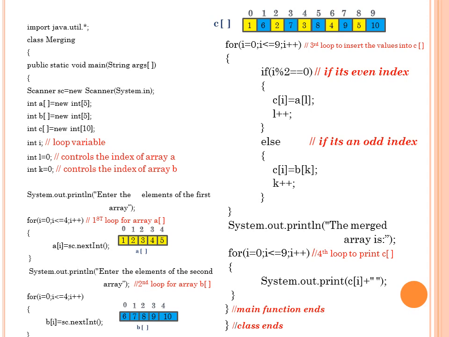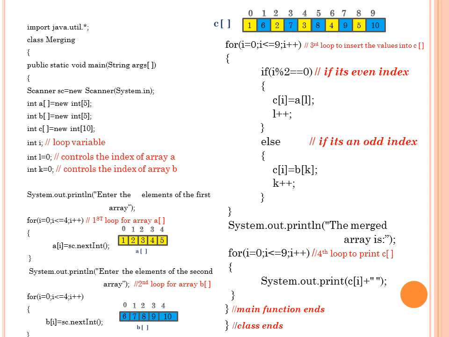of L. And since initially the value of L equals to 0, A of 0, that is the first value of A, will be inserted in the first index of C, and L increments and becomes 1. Now the loop goes up and increments and the value of I becomes 1. So 1 is less than 9, the condition is satisfied, it goes inside the loop, it encounters the if statement again, 1 modulus 2 equals to 0, the condition is false because it's odd, so it goes to the else part where